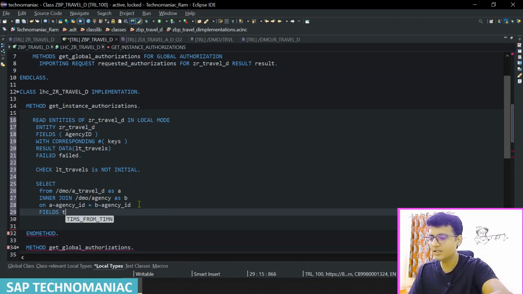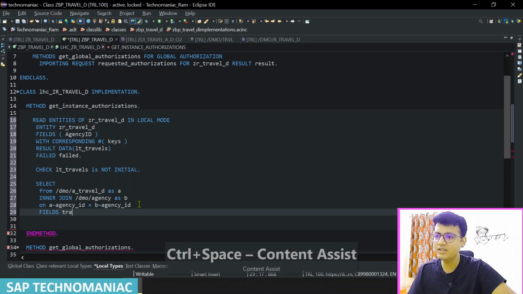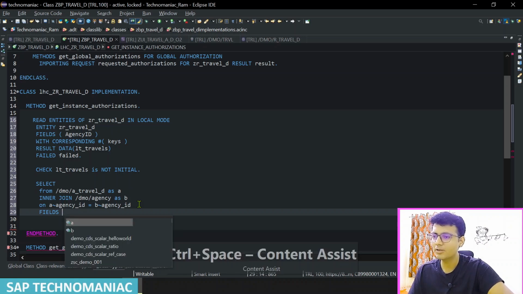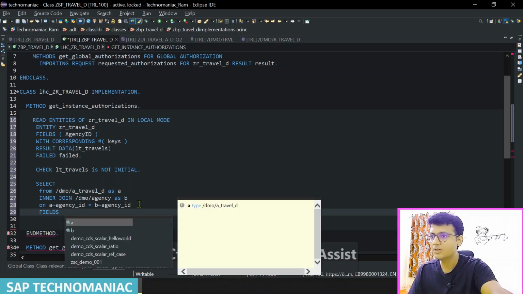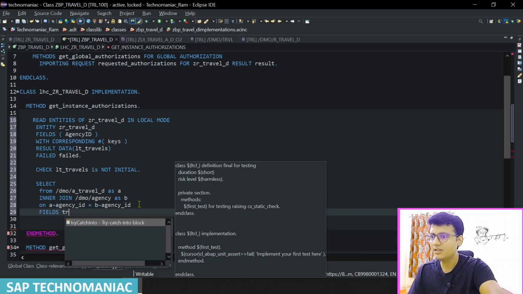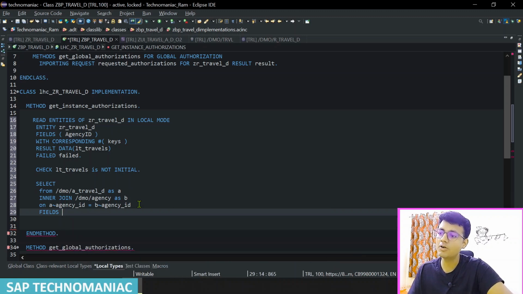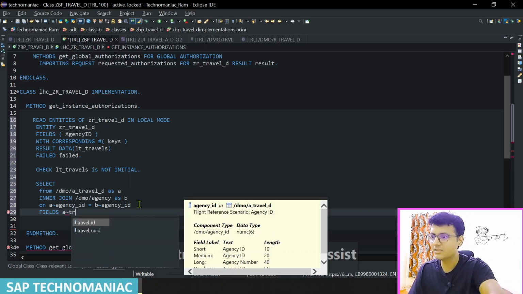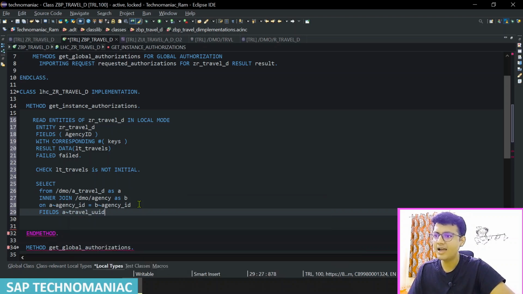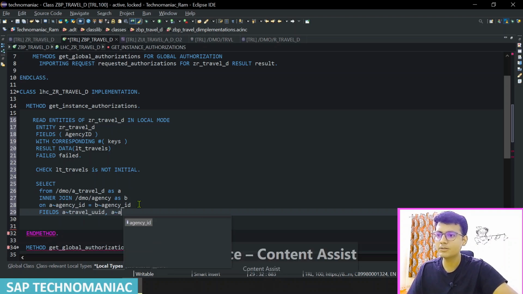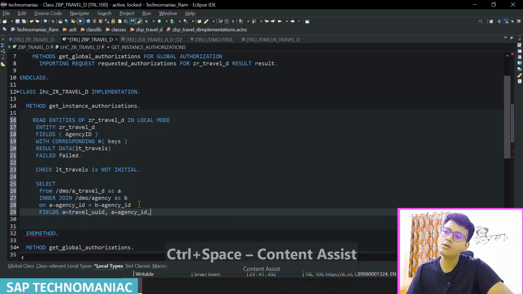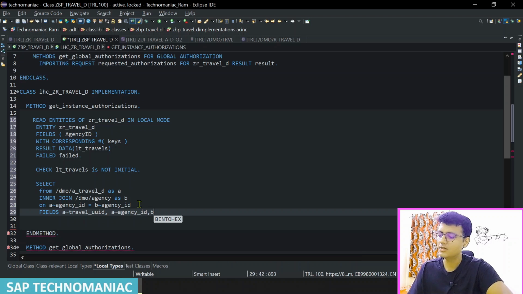Obviously that will be the primary key field. Okay, Ctrl+Space you will do. Travel, which fields? We have to access the operator a tilde, Ctrl+Space, travel UUID, and second thing we want to get the agency ID. Comma separated list should be there. Agency ID, Ctrl+Space you can do, and third thing we have to get is the country code from the